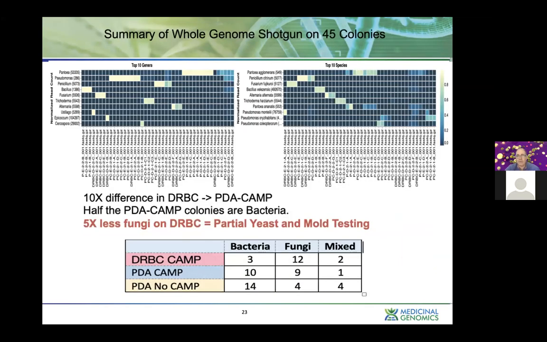A summary of all the 45 colonies that were shotgun sequenced is listed here. When you break them down to the species level, you can get some resolution in the different types of Penicillium that are there. This one that we published in 2016 is quite prevalent. Zamir Punja often sees this up in Canada as well. This is probably something that should be on the target list for things we should be targeting and testing, because it's in fact made